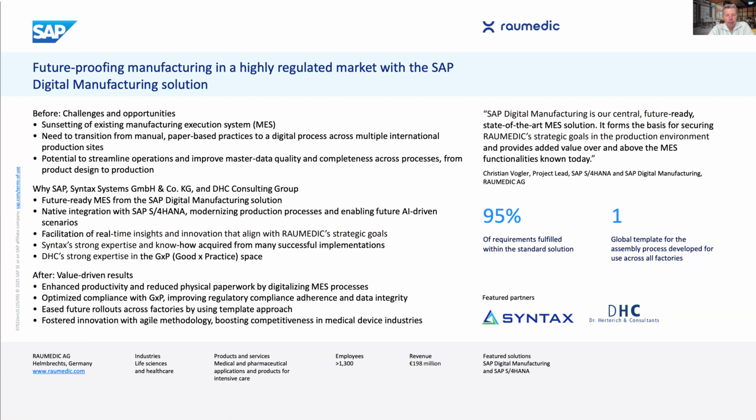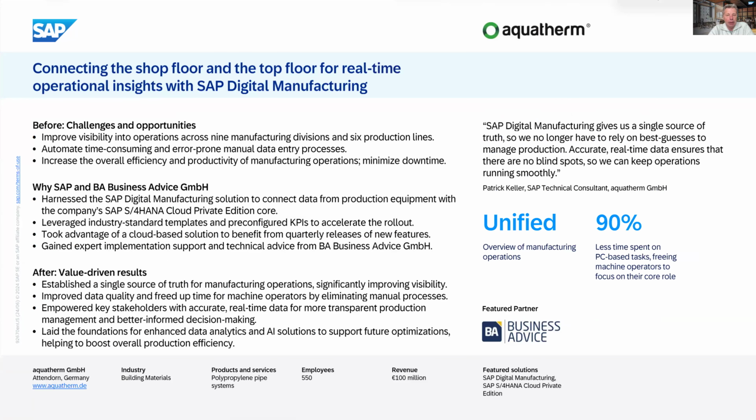A third example here is Aquatherm. Aquatherm, they are producing hoses for houses. So you can imagine all kinds of hoses that you have in your house or in a building for water, gas, air, and so forth. And here, the point was being able to have full visibility regarding their production, because they have 6 production lines to manage. And so they have to be sure regarding what is happening on which production line to be able to balance